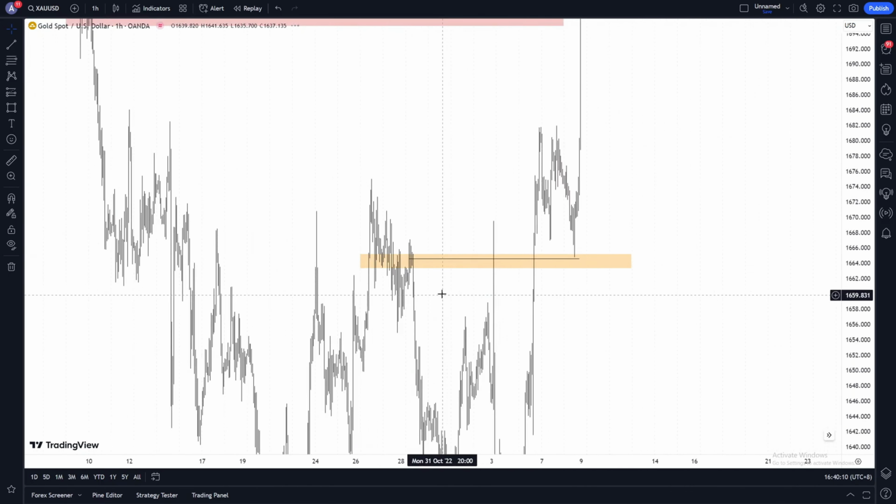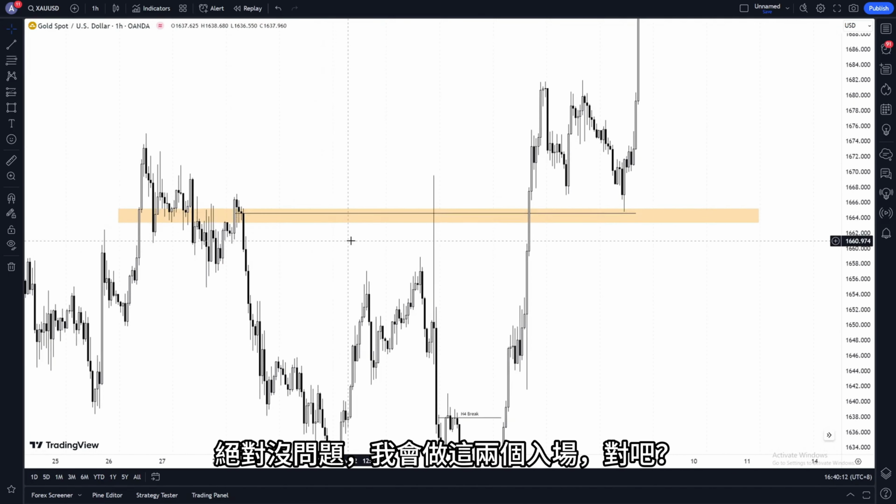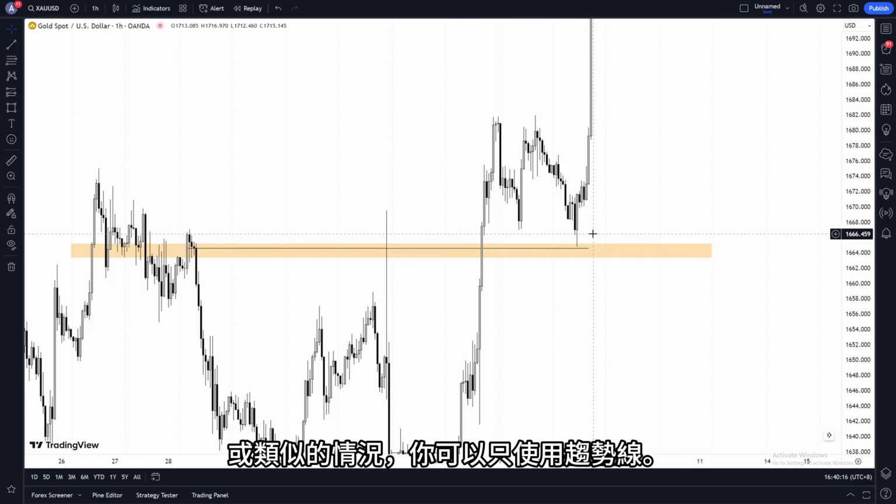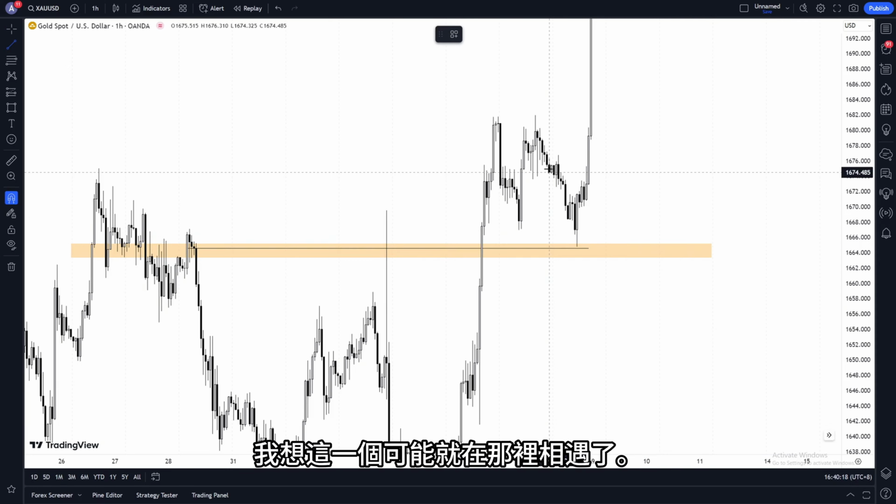Both of those entries, I'll take it. Absolutely no issue. I'll take both of those entries. Right. And if you're ever doubtful or something like that, you can just use a trend line. I think this one may have met